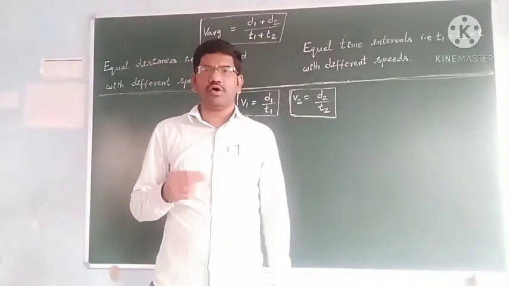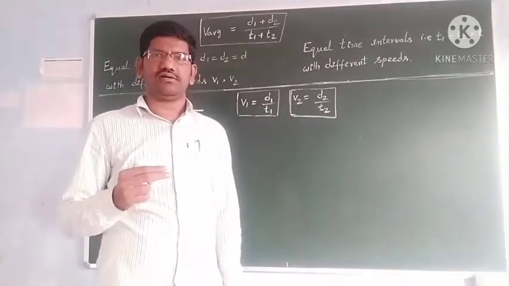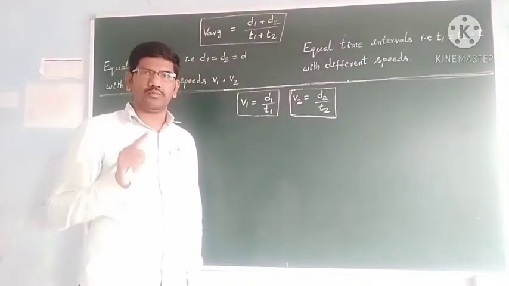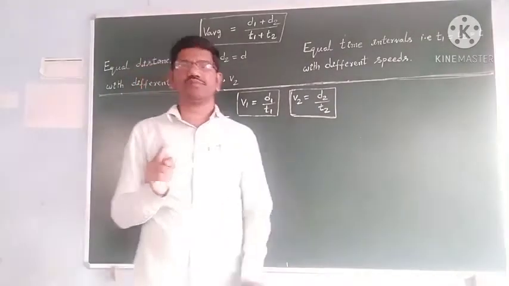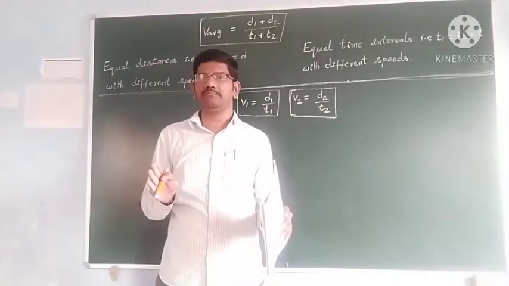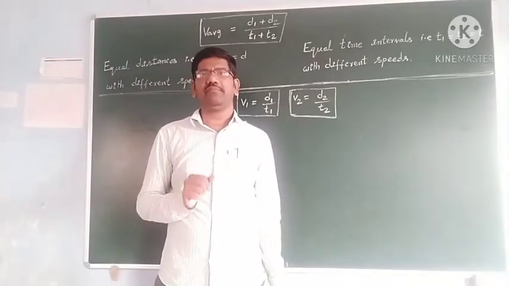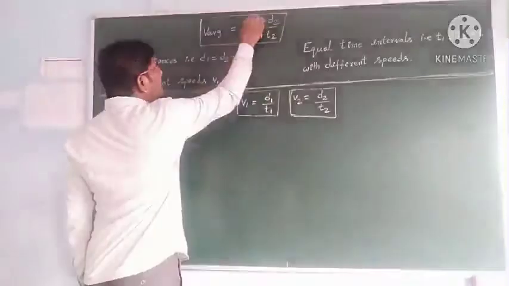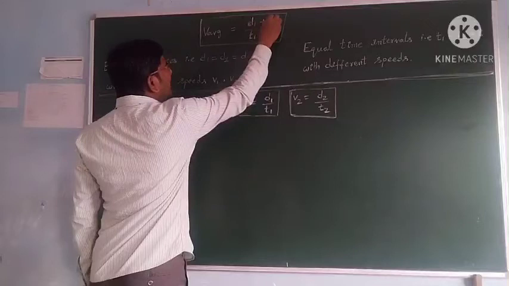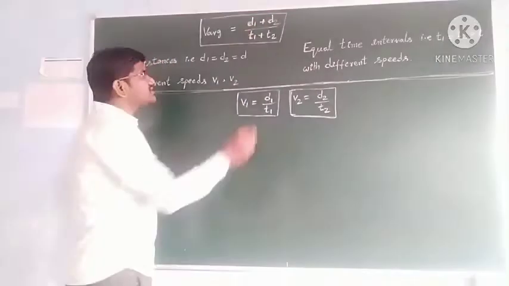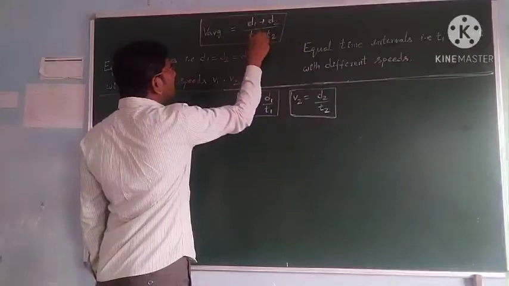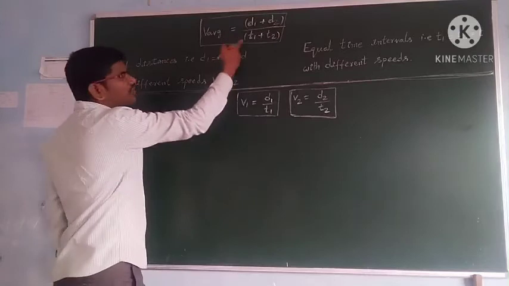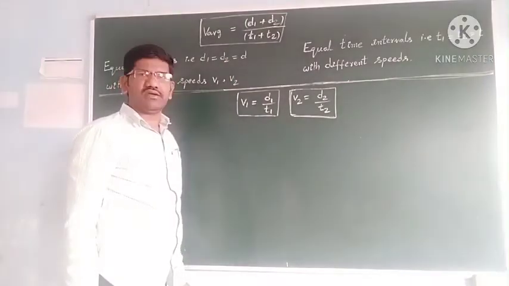Now I want to give a revision for two more formulas which are important for average speed. So please learn them perfectly. I have already explained the concept very clearly, and again I am giving a recap of the formulas. See students, whenever an object covers two distances d1 and d2, with the time intervals t1 and t2, then the average speed formula is total distance by total time.